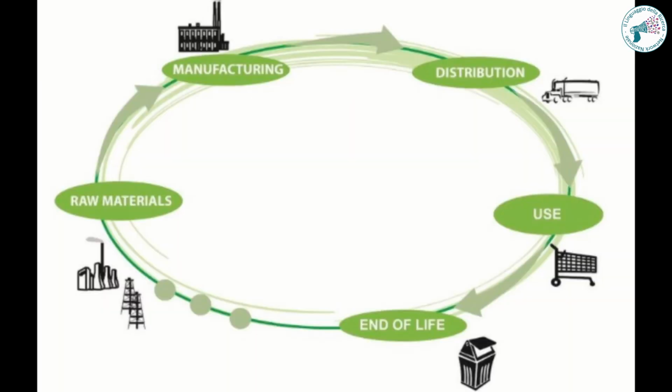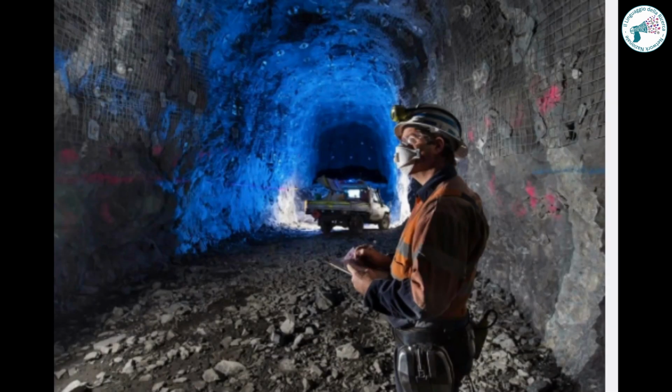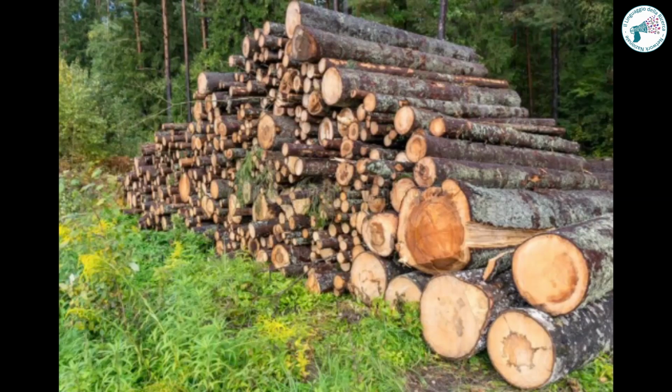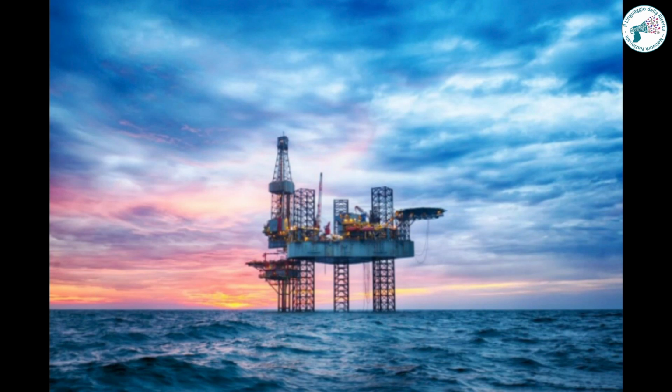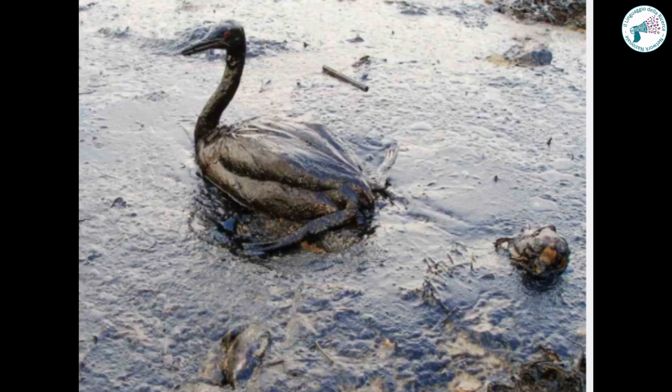This cycle comprises several crucial stages that transform natural resources into usable goods. The first stage of the cycle is the extraction of raw materials. This may include extracting minerals from mines, harvesting timber from forests, extracting oil or natural gas from underground deposits, and so on. Extraction can be a complex process that requires specialized equipment and can involve significant environmental impacts.